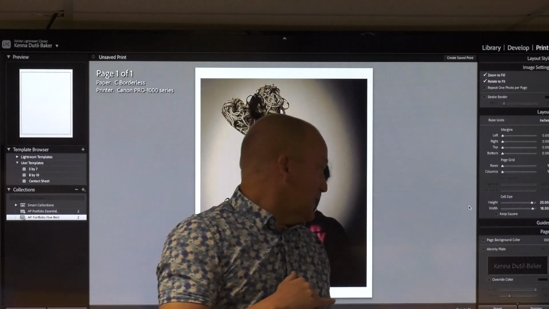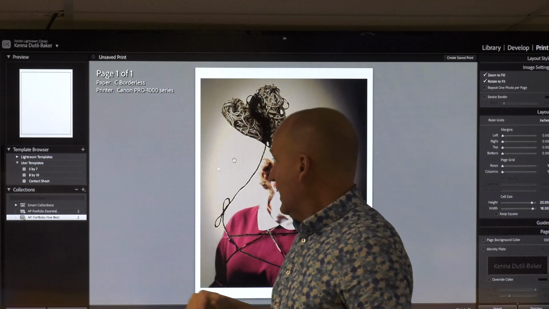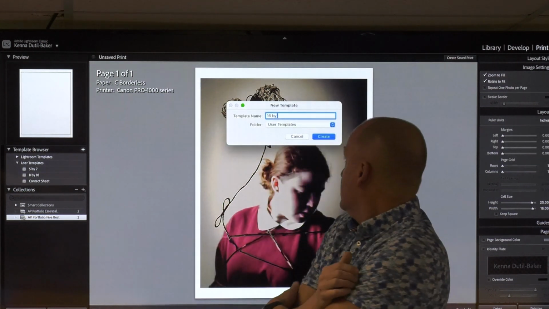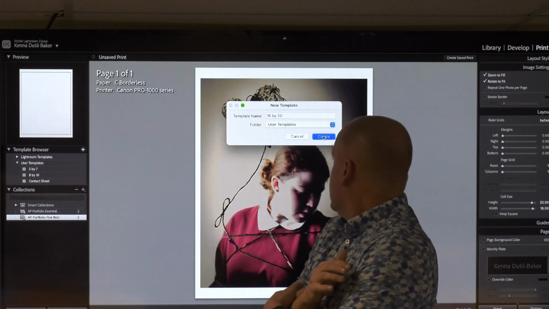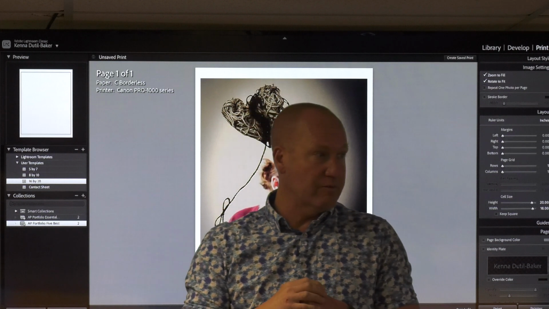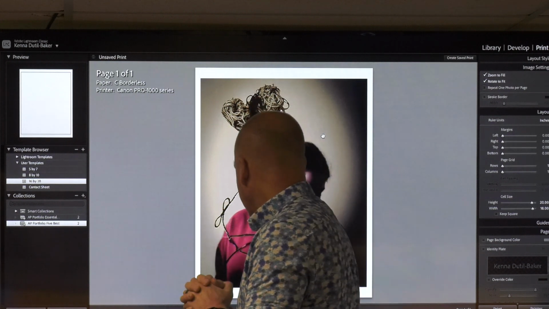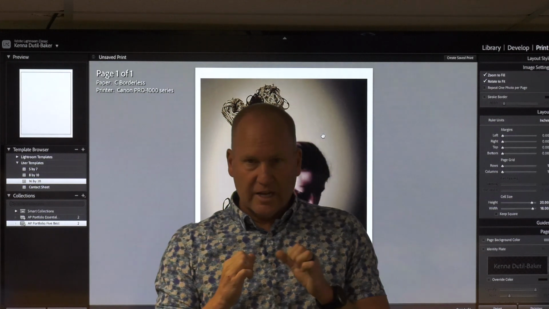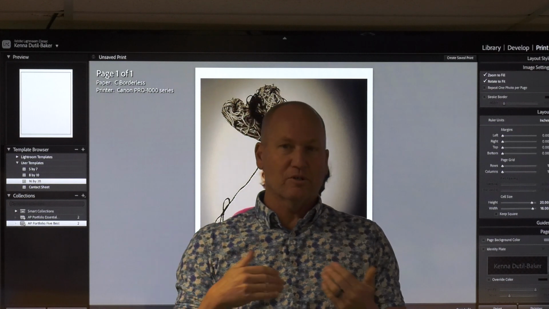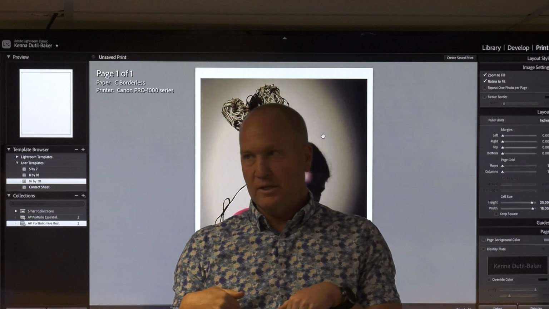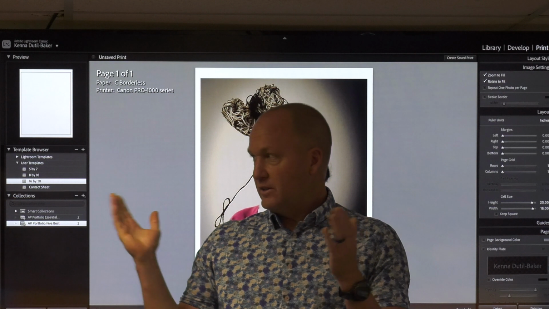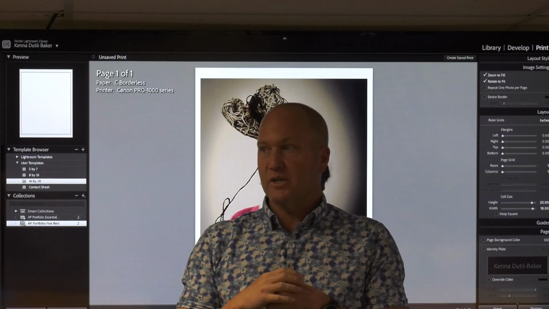Now that we've got our 16 by 20 set, let's go ahead and hit plus again, call it 16 by 20. And now you can switch between the 4 presets that we have over there, and we've got it set. Okay, the trouble with 16 by 20 is you will have to trim off the white border so it fits into a 16 by 20 frame, but the 16 by 20 frames look cool. You can look around the classroom, you see mostly 16 by 20s, a few 8 by